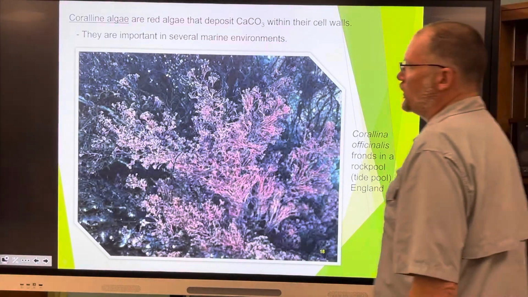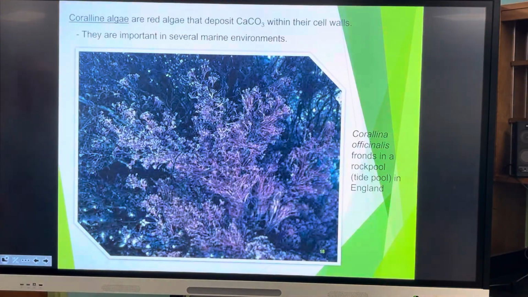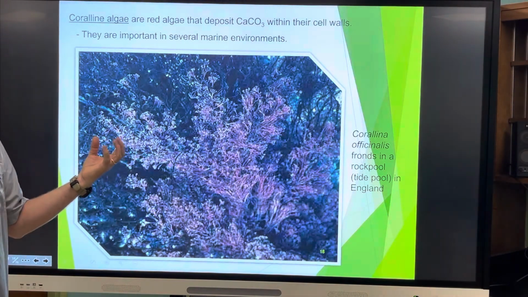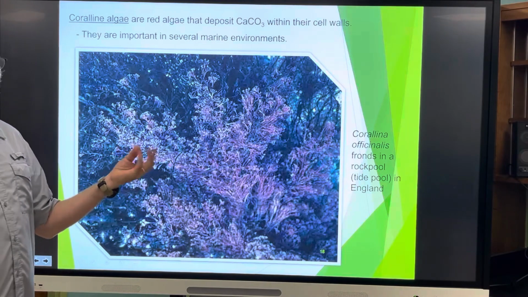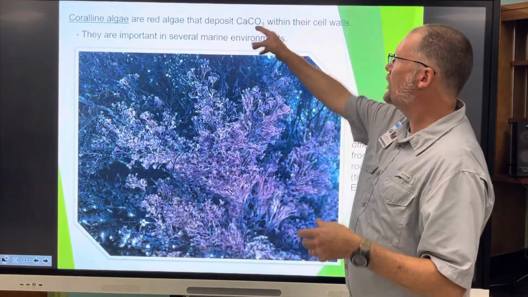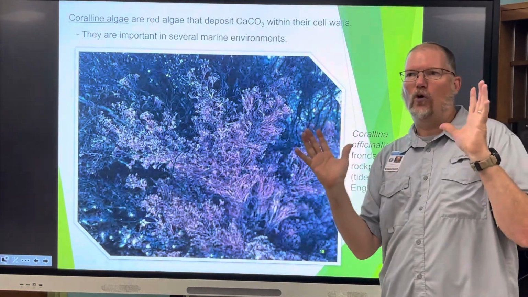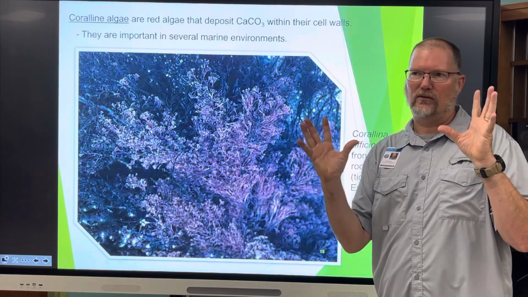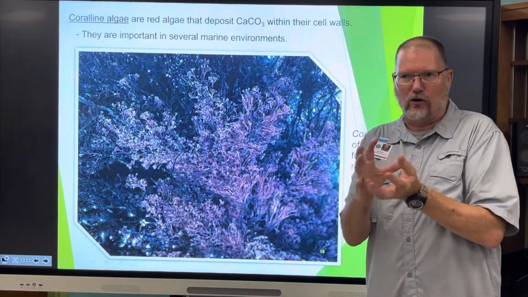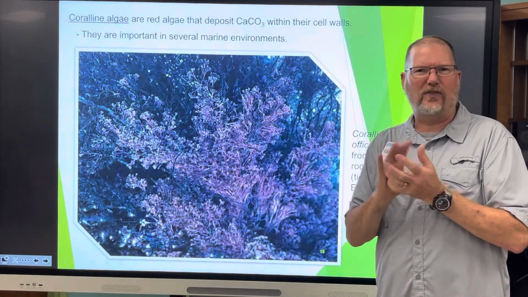Then we have coralline algae, which are red algae that are kind of firm. They're not squishy like most seaweeds that you might experience, because they have calcium carbonate in their tissues to give them almost like a coral-like firmness, but not quite. I could still crush it, I guess it would probably feel like crushing a thick piece of paper,